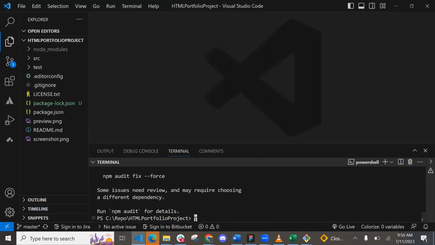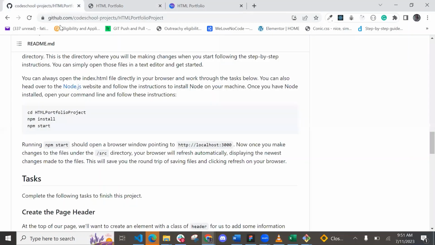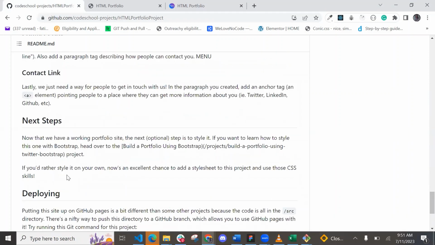So it has finished installing on my local machine. So I'm just going to start the project now. So I'm going to do npm start. As you can see, the project runs very fine on my local machine, and you can go ahead and do all of these tasks that were outlined here. So the tasks for you to create a page header, a head text, and all of this to have